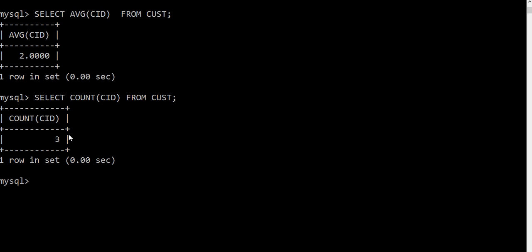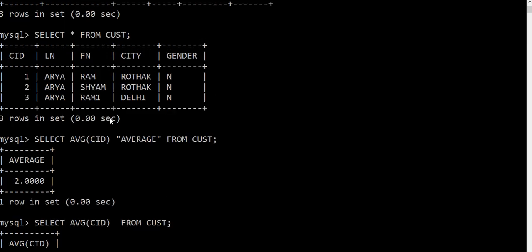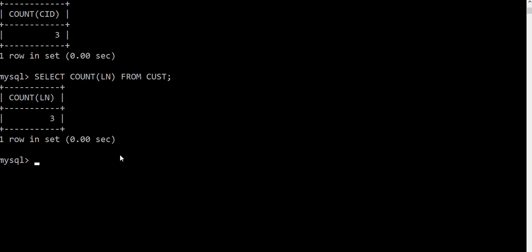Okay, now if you want to go for another column, like if you are confused because CID is there, that is why it is coming. Another column was LN, last name, so that is also giving 3 entries. In LN also we have 3 entries, so count is 3.